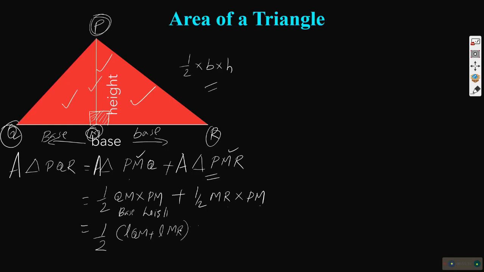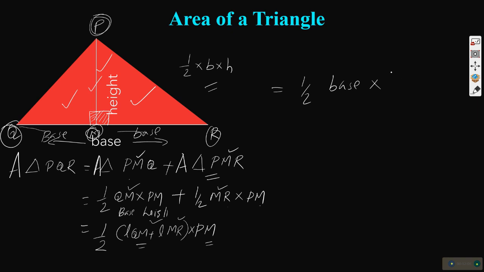And PM is common for both. So this became two bases taken together, the height taken once, multiplied by half. And what is this QM plus MR? QM is this, MR is this. So instead of writing length of QM and length of MR, I can write it as half of base